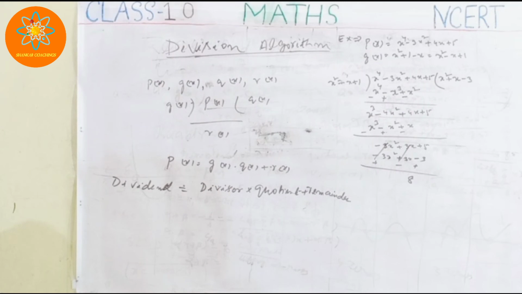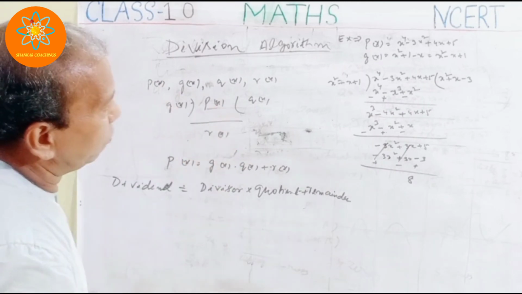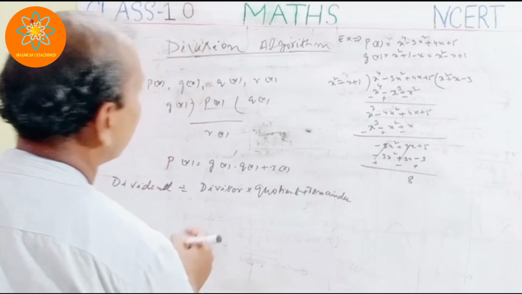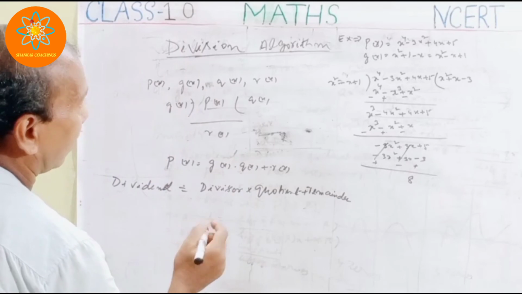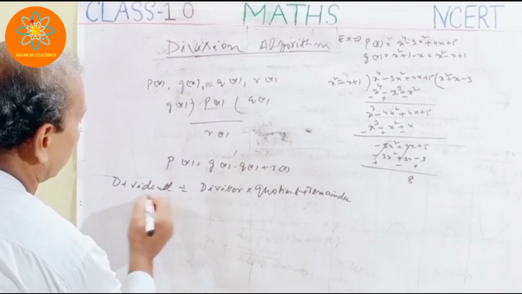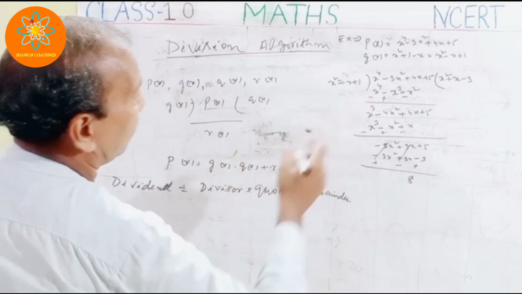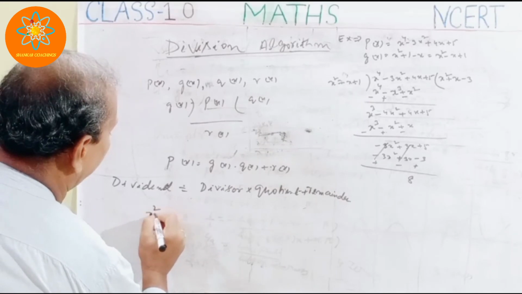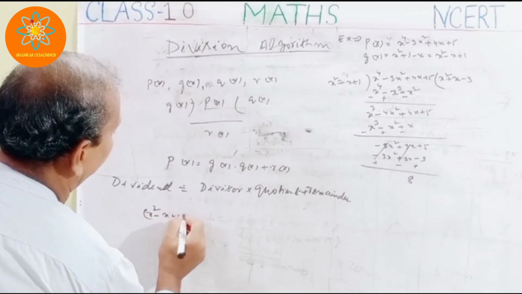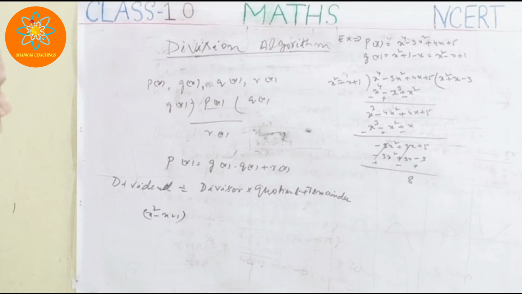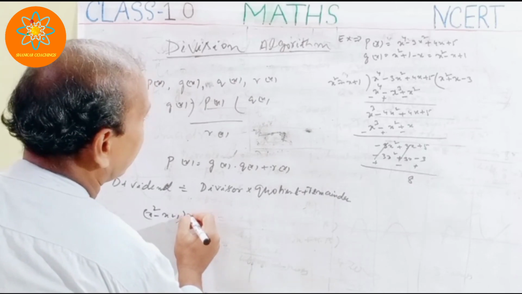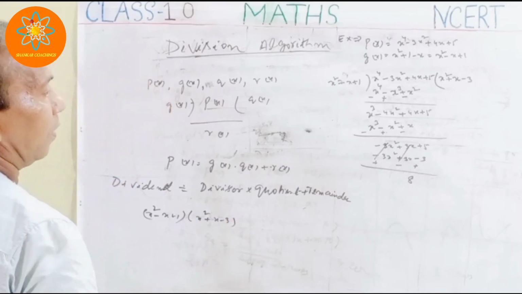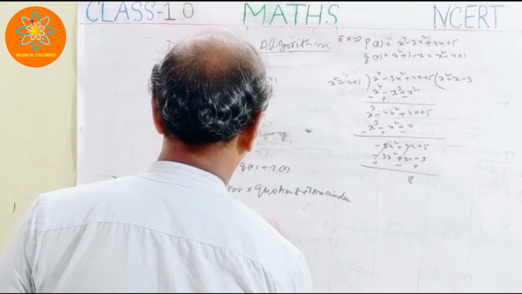Now I want to check whether the division algorithm is true or not. For the division algorithm, this value will be this x4, which must be divided. So the divisor is how much? I am getting the divisor: x square minus x plus 1. This is the divisor. And what about the quotient? The quotient is x square plus x minus 3, plus the remainder, so plus 8.